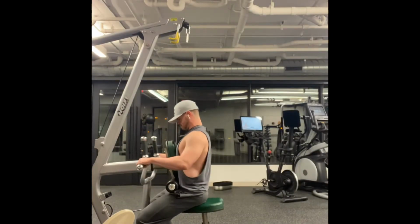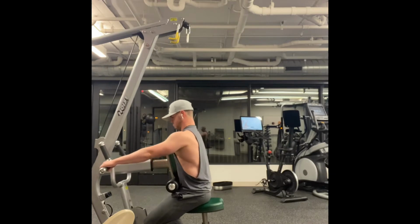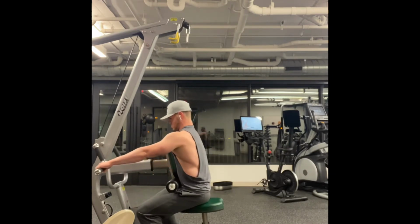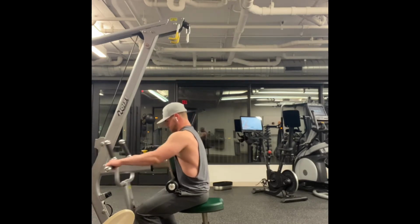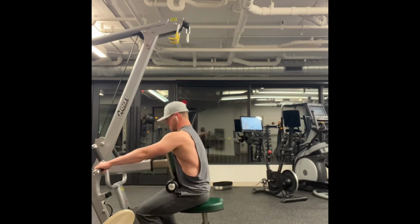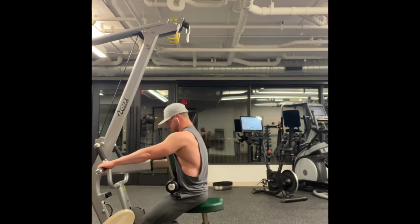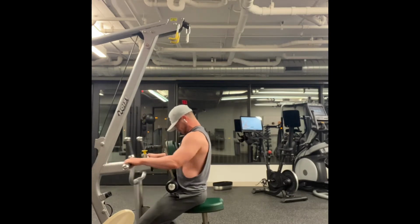The pump cover's off because I have a pump now and I don't look tiny anymore. Just kidding, but now I'm going a bit lighter, but I'm also going to failure still. As you guys can see, I'm doing an aggressive, explosive concentric, controlling the eccentric. Looking back, it's not perfect on this, but it's not just flimsing around. And I'm getting a good pump and a good mind-muscle connection. This is the key with bodybuilding, guys. You need to put as much stimulus as you can into your muscles